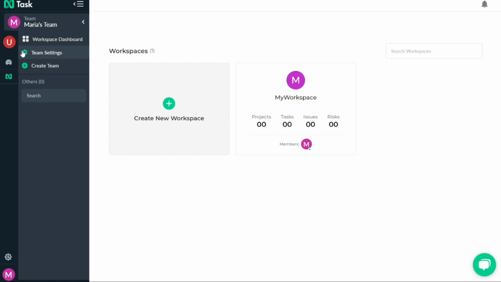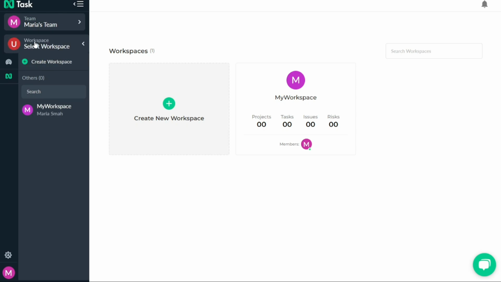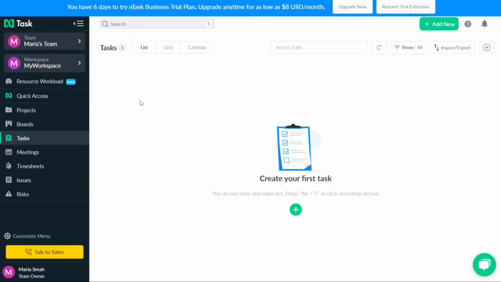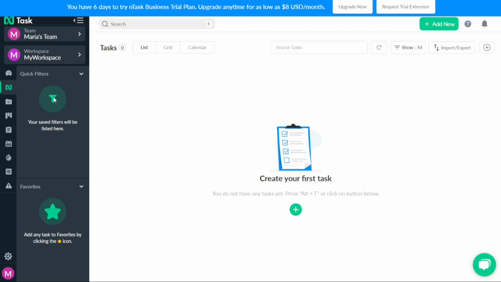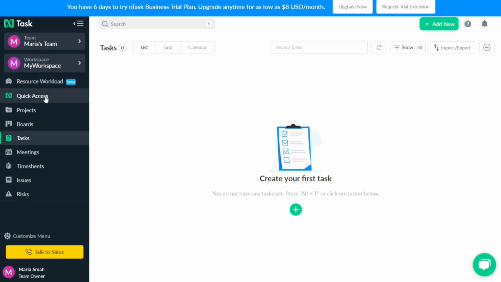The Workspace tab enables you to access your team's workspaces. This section allows you to organize and categorize your tasks and projects based on different workspaces. The Quick Access tab provides convenient access to quick filters and favorites. These features enable you to streamline your workflow by quickly accessing specific tasks or projects that you frequently work on